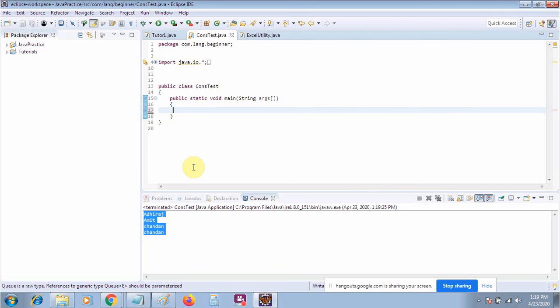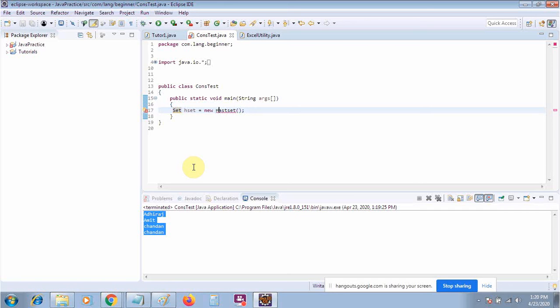So I am talking about the collections. I am taking the main sub interfaces of the collections, using their classes and creating the objects, accessing the methods, and showing the result of what will happen with null values, duplicate values, and all these things. Suppose I have a Set interface, and then I will create the object of my HashSet. We know that Set is an interface, so directly we can also write it in this way.